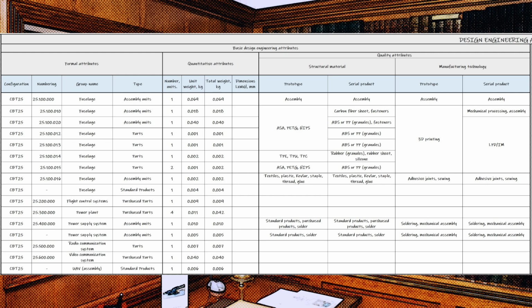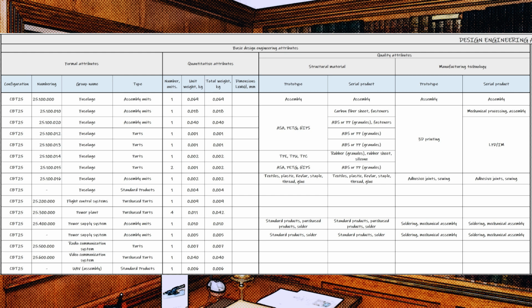According to criterion 16, we note that the BOM shown on the screen describes only one version of the Signboard 25 drone, which is indicated by the code CBT25 in the execution column, which is quite acceptable and sufficient for a training case. If you were considering two versions simultaneously, Signboard 25 and Signboard 25S,